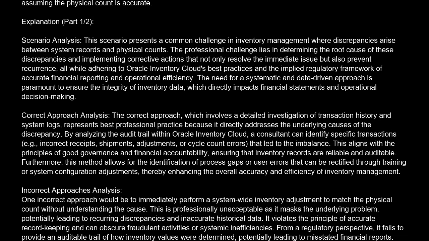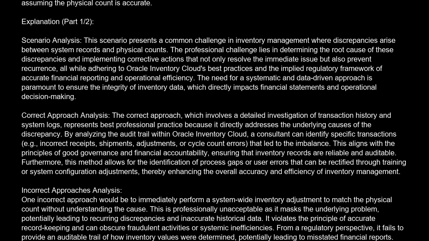The correct answer is C. Immediately initiate a system-wide inventory adjustment to reconcile the physical count with the system records, assuming the physical count is accurate. Explanation. Scenario analysis. This scenario presents a common challenge in inventory management where discrepancies arise between system records and